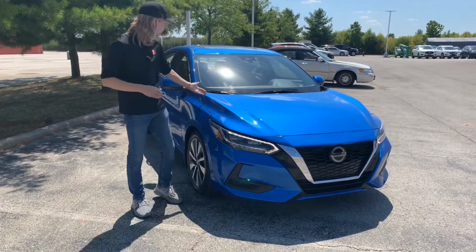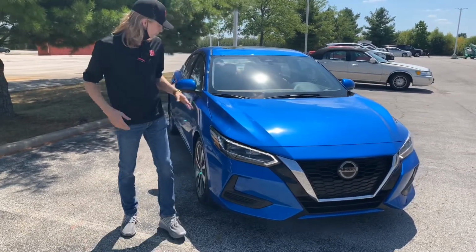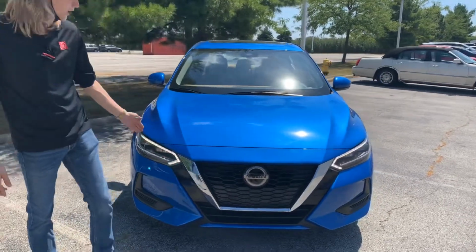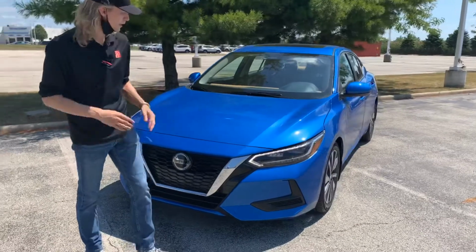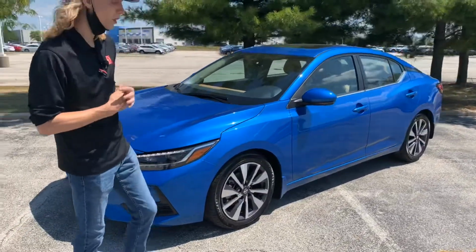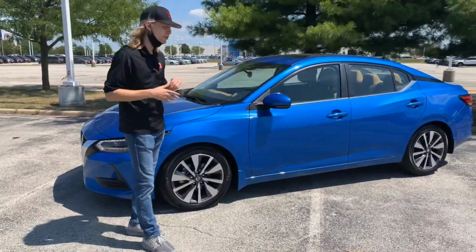I wanted to bring out our beautiful 2020 Nissan Sentra in the metallic blue. This Sentra in particular is an SV trim level, so it does come standard with halogen LED light bulbs, as well as the 4-cylinder 2.0 double overhead cam engine in the engine bay. Nice little bit of gas savings. You get about 32 in the city for gas mileage and a little bit 34 to 36 on the